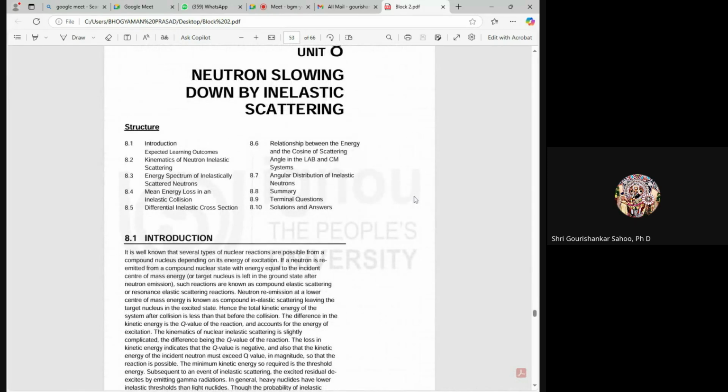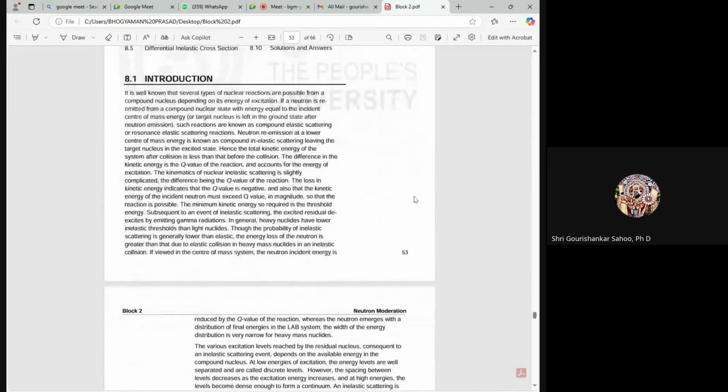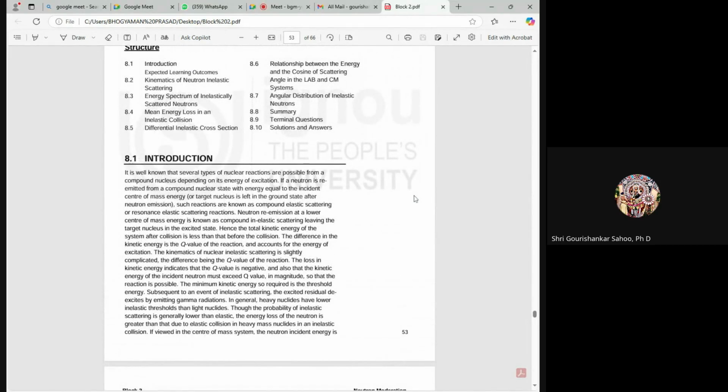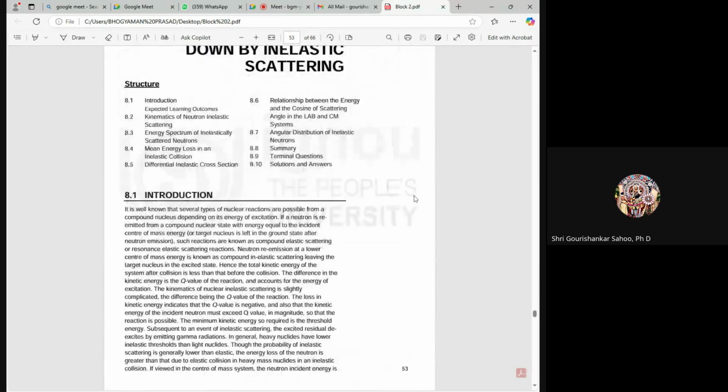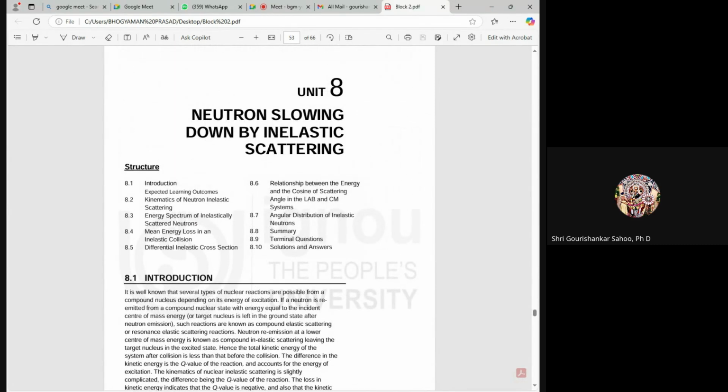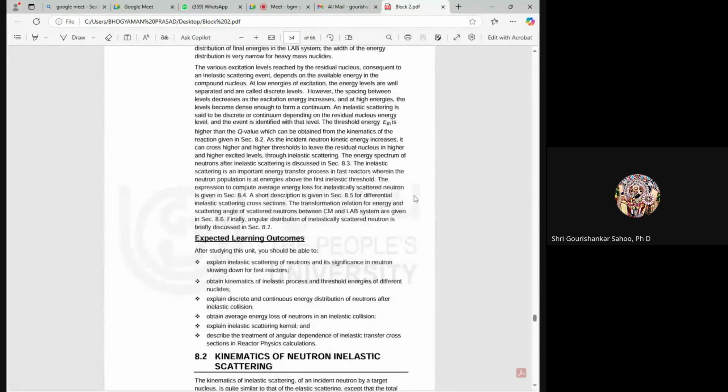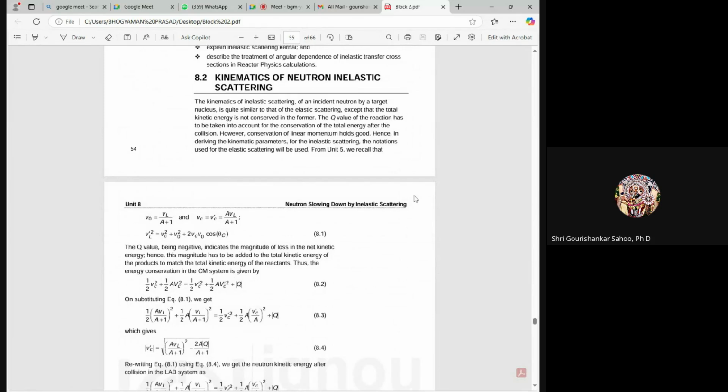Then, neutron slowing down by inelastic scattering. You might have elastic scattering or inelastic scattering in classical mechanics. So we can now discuss neutron slowing down by inelastic scattering. In inelastic scattering, an incident neutron hits a target nucleus, and it is quite similar to elastic scattering, except